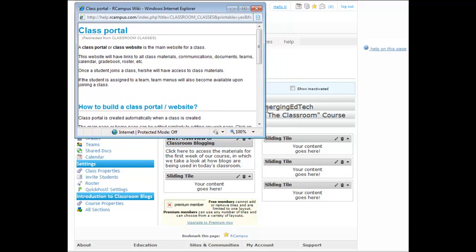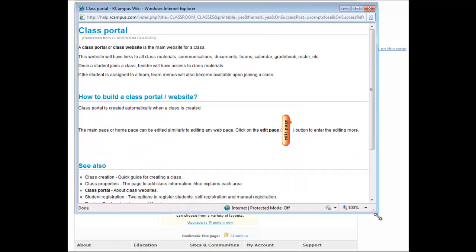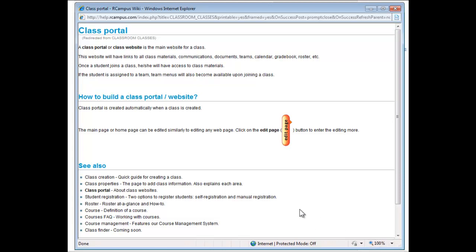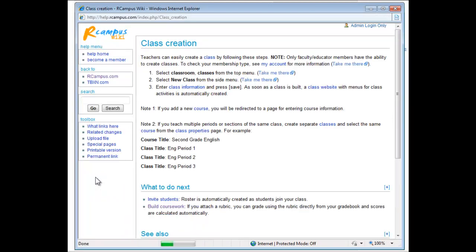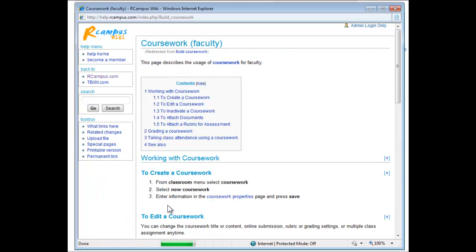There's an actual wiki for Rcampus, and it's a great looking little tool. So here I see a section about class creation. I'm going to click through that, and here we go with build coursework, and that's really kind of what I'm looking for. I think that's what I want to do, and I get a nice introduction to how to create